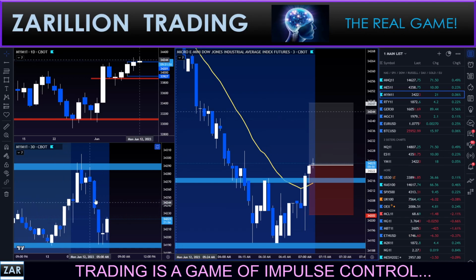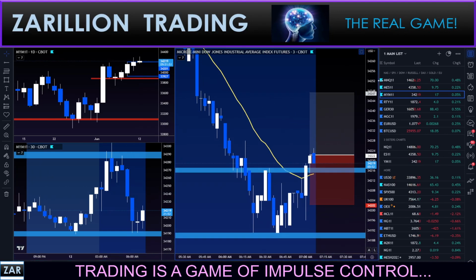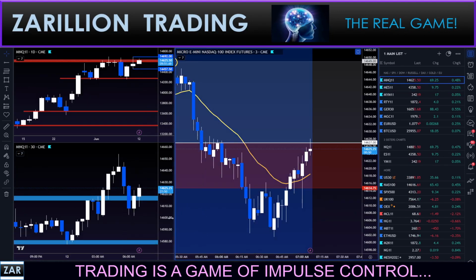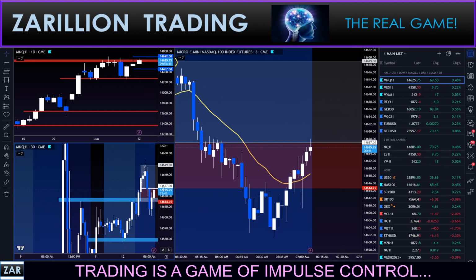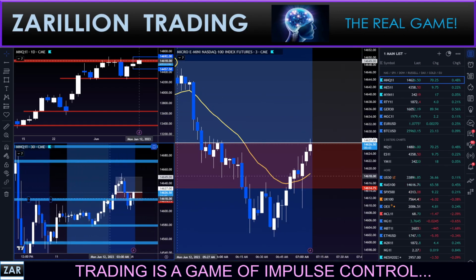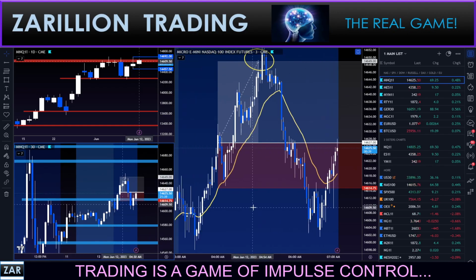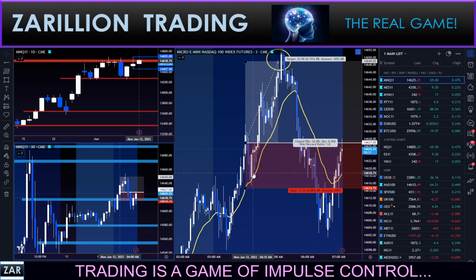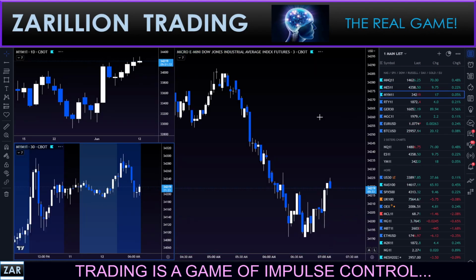This would be a zone reversal trade. The earlier trade on NASDAQ was a zone break trade. Let me show that to you again while we're waiting here. So you see the zone break here, breaking above, right? Break and close, and then up. Break and close, a little pullback, and then boom. That was on the NASDAQ.